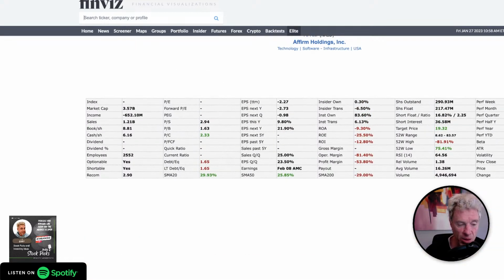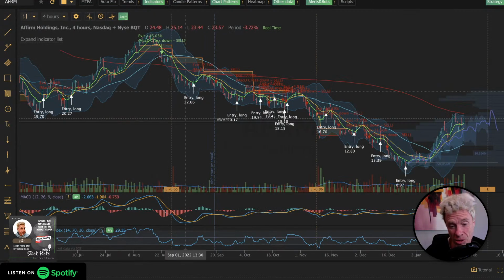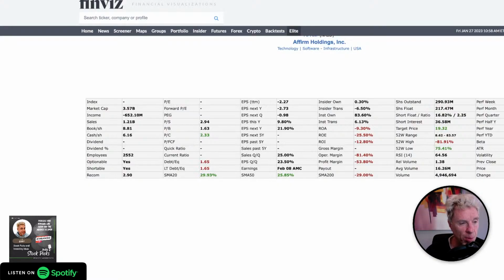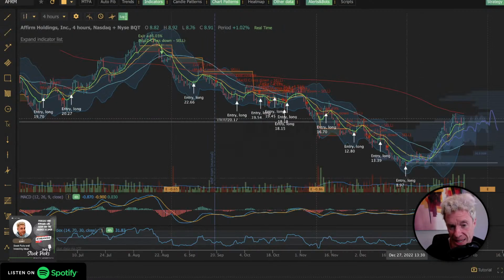I mean, you can see December 13th, downgrade, $13 price target. What are you trading at? $15 right now. Here, it's been a great trade from $8 up to $15. The book value of a firm is $8.81, so that $8.97 makes complete sense to bump up here. Their earnings are coming up next week, I think. Yeah, February 8th. I don't know that you play this 200-day, which is only at $15.90.